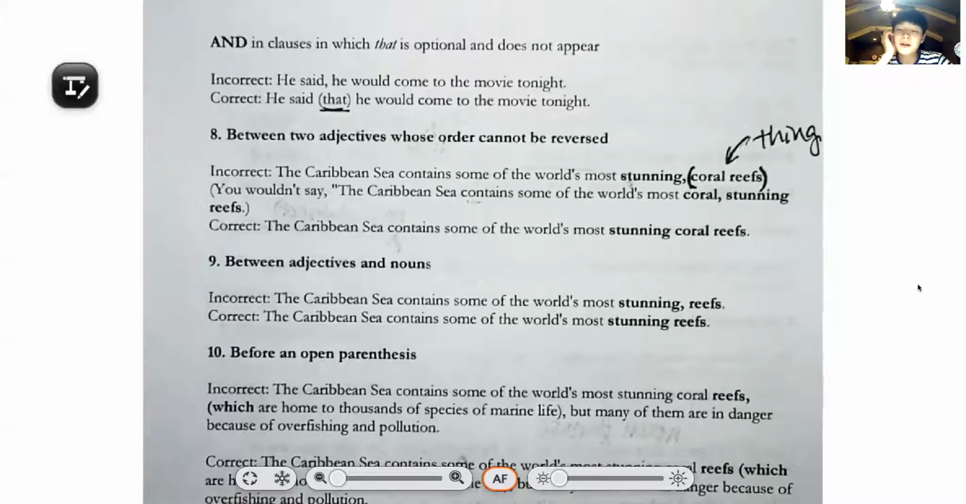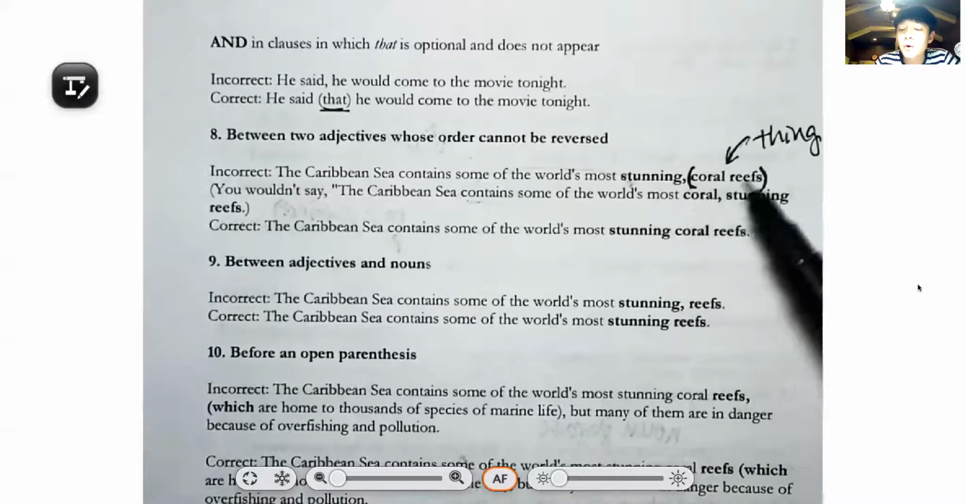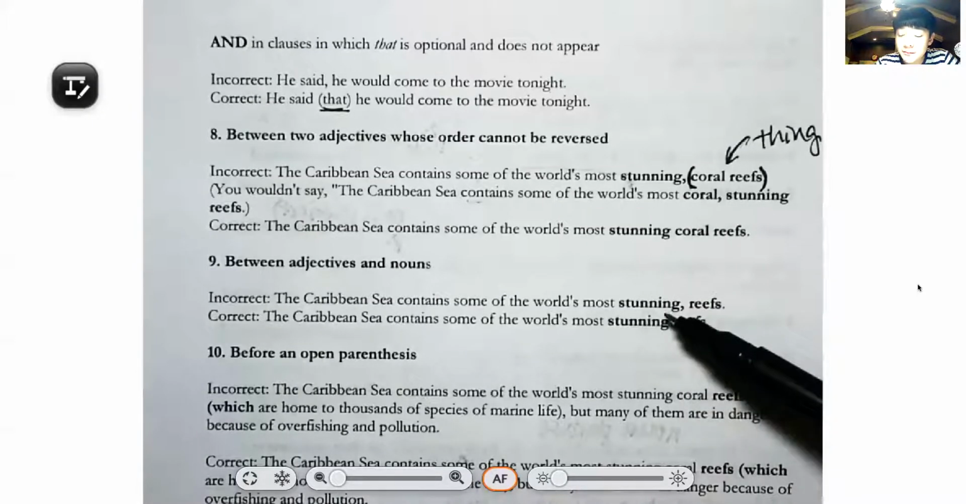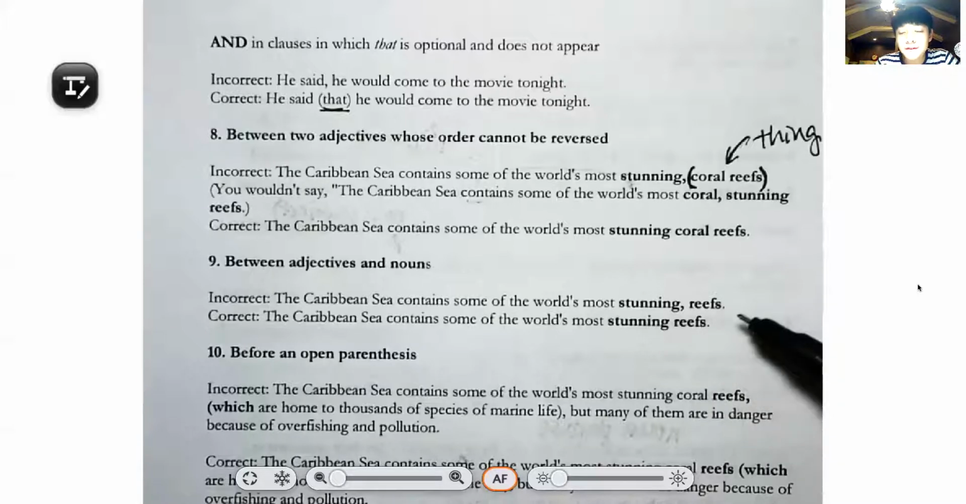Remember when I said earlier, it's correct to put commas between lists of adjectives that can be reversed. But you cannot continue that list if you put a comma right before the noun that it's describing. So you could say, stunning, amazing, beautiful coral reefs, right? But you cannot say stunning, amazing, beautiful, comma, reefs, right? Though that's not a list. The list is the list of adjectives. The noun is not a part of that list. So that's the list that you separate with commas, and then the noun that you don't separate with a comma,